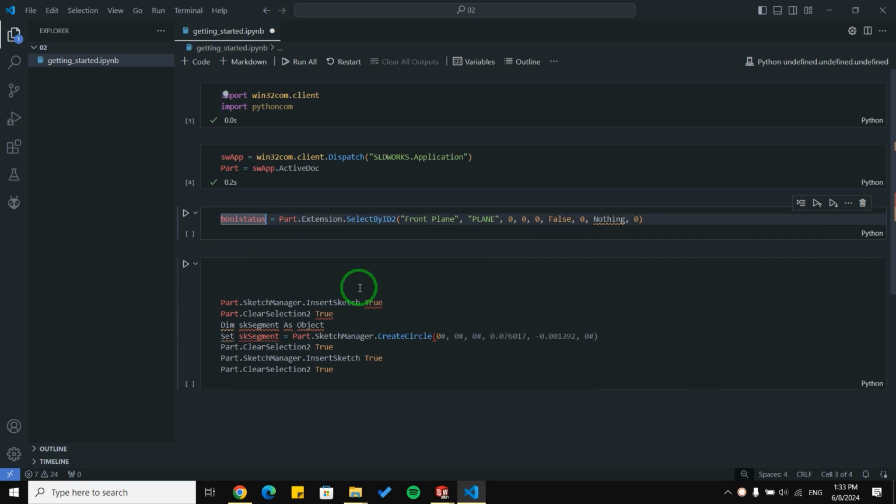Boolean status is a Boolean variable that shows me whether this line runs correctly or not. So Boolean status is equal to part.Extension.SelectByID. This means it will go and select things for me, which can be anything. And in this case, it is going to be the front plane. So front plane, and it has some default variables. I'm not going to go into detail about what these are. You can see it in the API help, but we have something here called